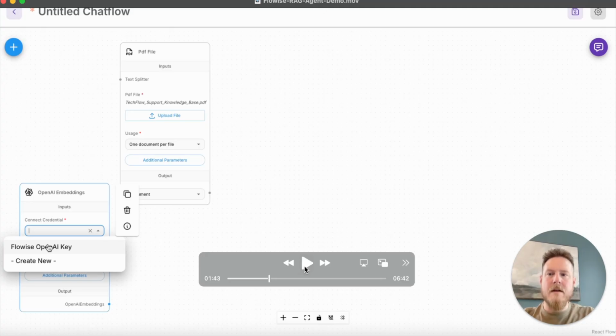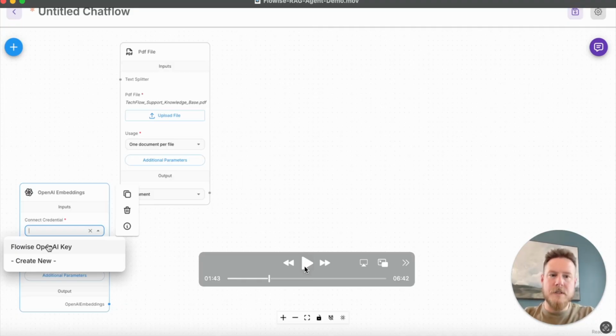An important note here is that to use OpenAI embeddings, it does require that you have an OpenAI developer key. You may already be a user of ChatGPT. If you go and create an API key, you can create new, as you see on screen here, and link your API key from your personal or developer account with OpenAI to Flowise, and that will allow you to do API calls to OpenAI services from this Flowise, which is required to make it work.